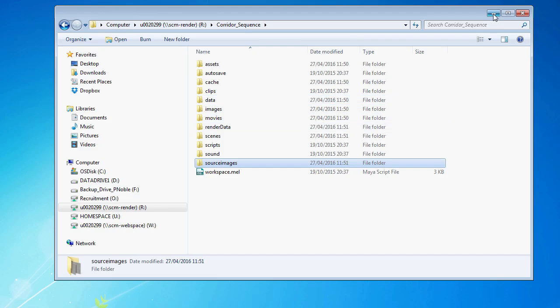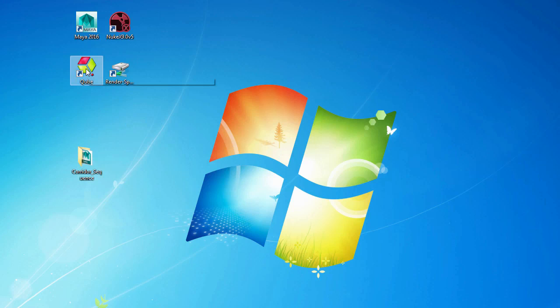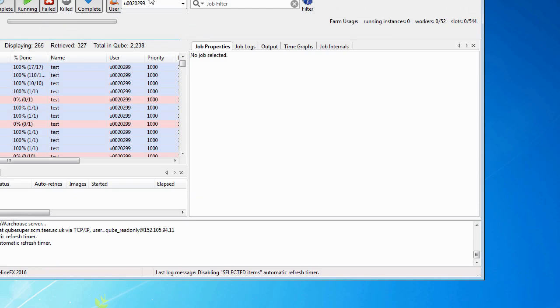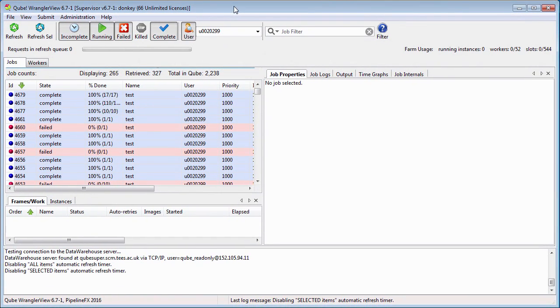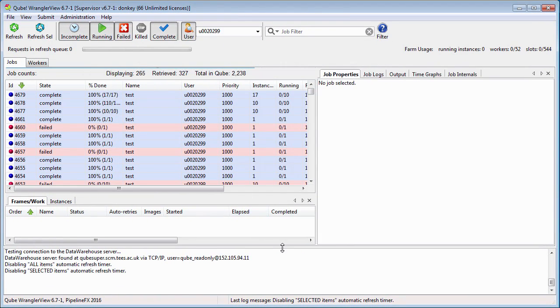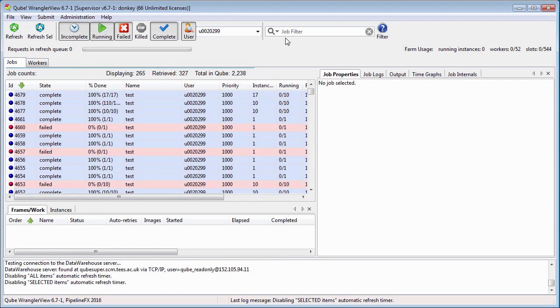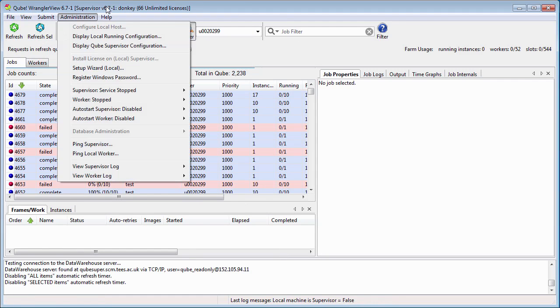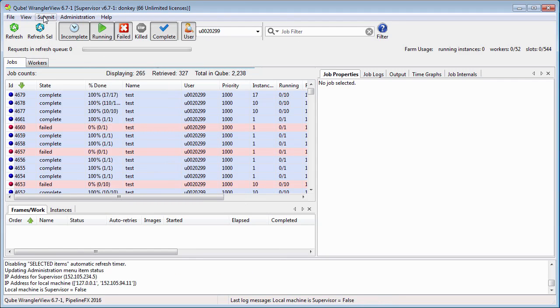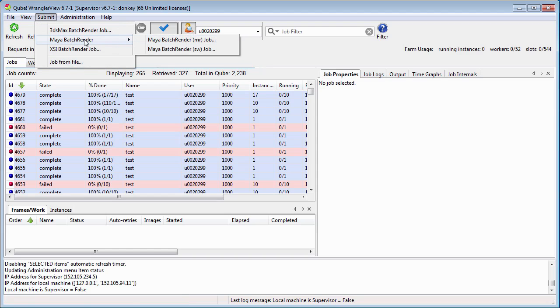Once you've done that, we submit the job. So this is the easy bit. Again, on the desktop, where are we? You'll have a shortcut to the Cube GUI. So if I just launch that, I'll just quickly go through the interface. It's fairly straightforward. I mean, there are lots of menus here, but generally you don't need any. You just need submit Maya batch render